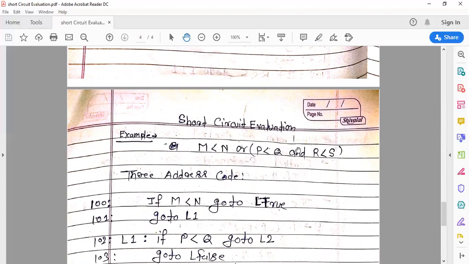Here, this expression inside the curly braces, small parenthesis. So you can think here, if M less than N is true, it means the whole expression is true. And if M less than N is false, then you have to evaluate this next expression. But here, in the previous case, we had to evaluate all the expressions. But in the short circuit code, if M less than N is true, it means the